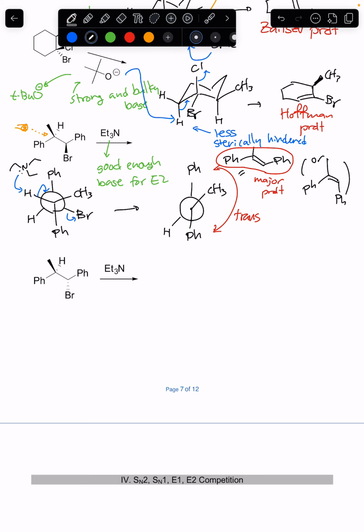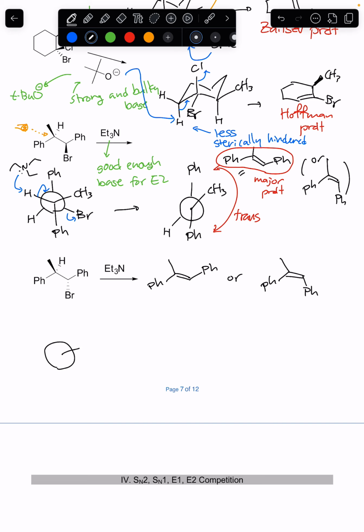And once again, the product could be either the one where the two phenyl groups are trans to each other, or the two phenyl groups are cis to each other. And of course, thermodynamically speaking, this is not as stable because you got two big groups that are pretty close to each other. But if you draw the Newman projection of the molecule as drawn, once again,